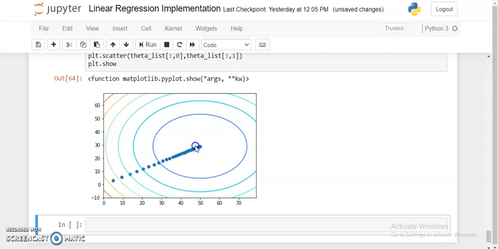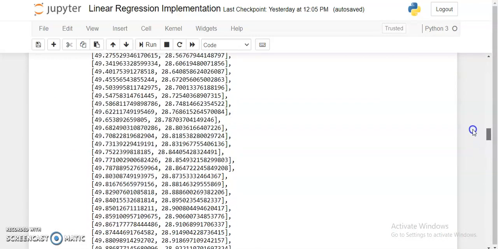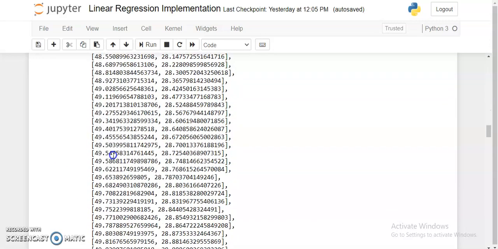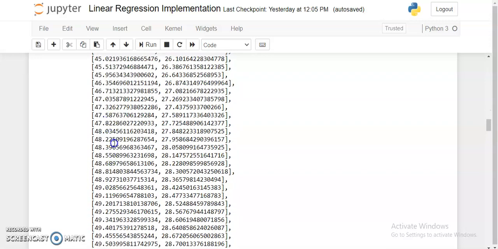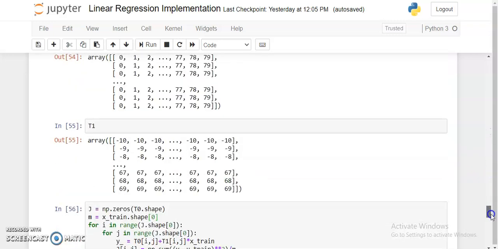in the end of the steps we approach the middle, that is our minima, and initially the steps were big, but as we approach the minima, the steps start becoming less impactful, because at that time the derivative of the loss function with respect to theta was very low, and initially it was very high. You can see the same thing in the theta values. Initially the theta value changed by very large amounts, but after some time, after convergence, they were almost similar, right? So the same thing happened here.